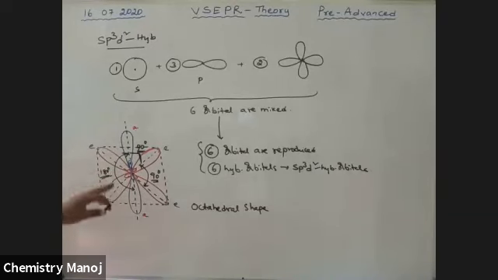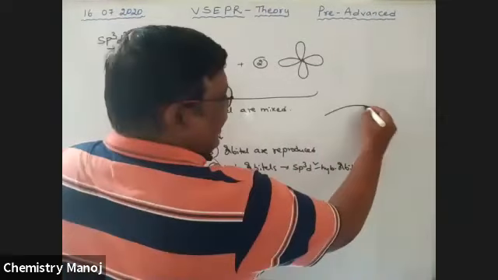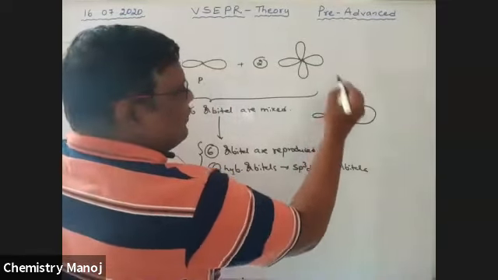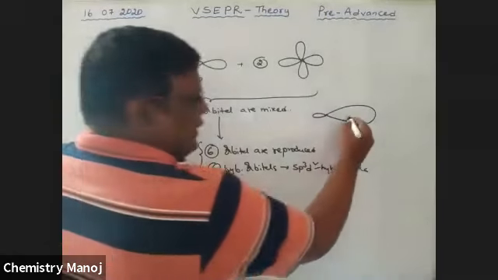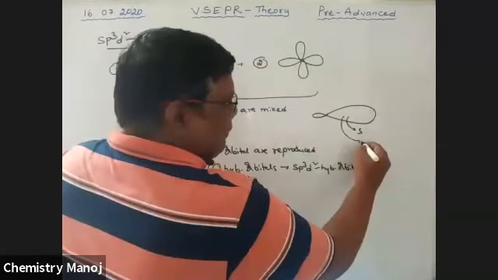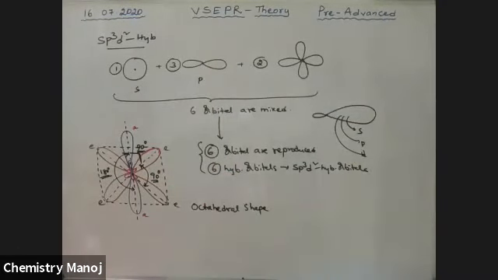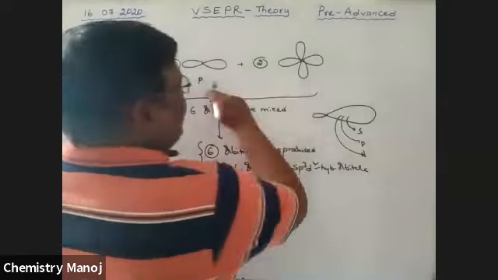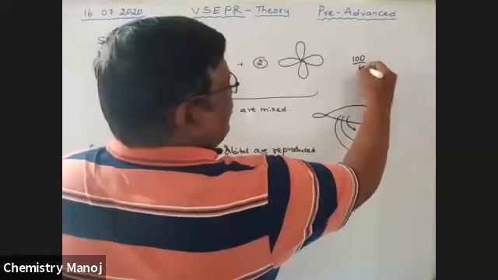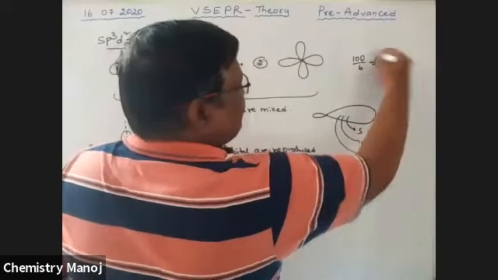So these are the orbitals involved in bond formation. See here, every hybrid orbital is indicated with one big lobe and one small lobe. It contains S percentage, P percentage, and D percentage. All these three percentages are available. So here 100 is divided into 6, that is 16.6.